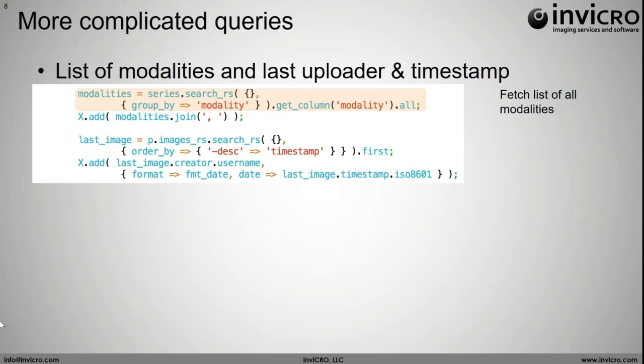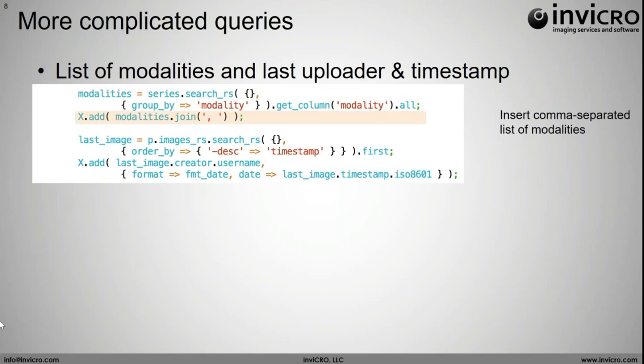I group them by modality, and then ask for the modality column and later join them together in a comma-separated list. Similarly, to find the last image, I go through the list of images that we have per project, take all of them and order them by their timestamp in descending order, and then take the first one. So the first one in the back was the last one that was uploaded. And once I have that last image,